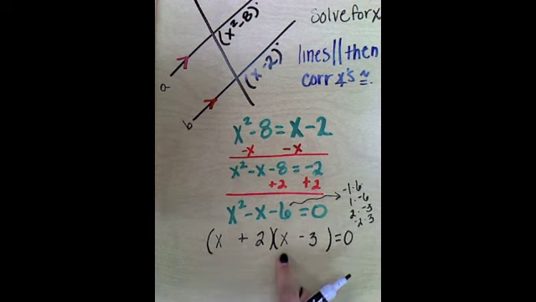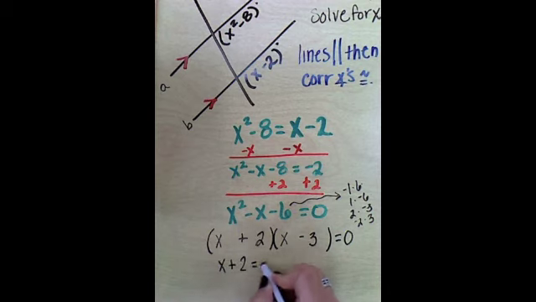Double check. X times x is x squared. X times negative 3 is a negative 3x, plus 2x is our negative x, and 2 times negative 3 is our negative 6. So before I did anything, I double checked to make sure this was the outcome. Now that I know that this is factored correctly,